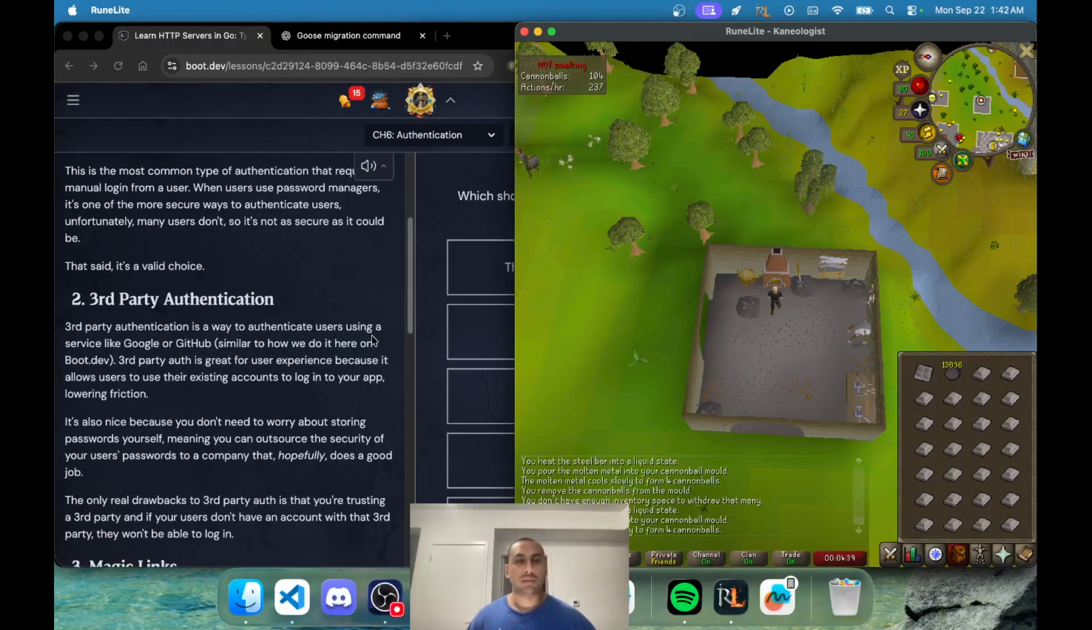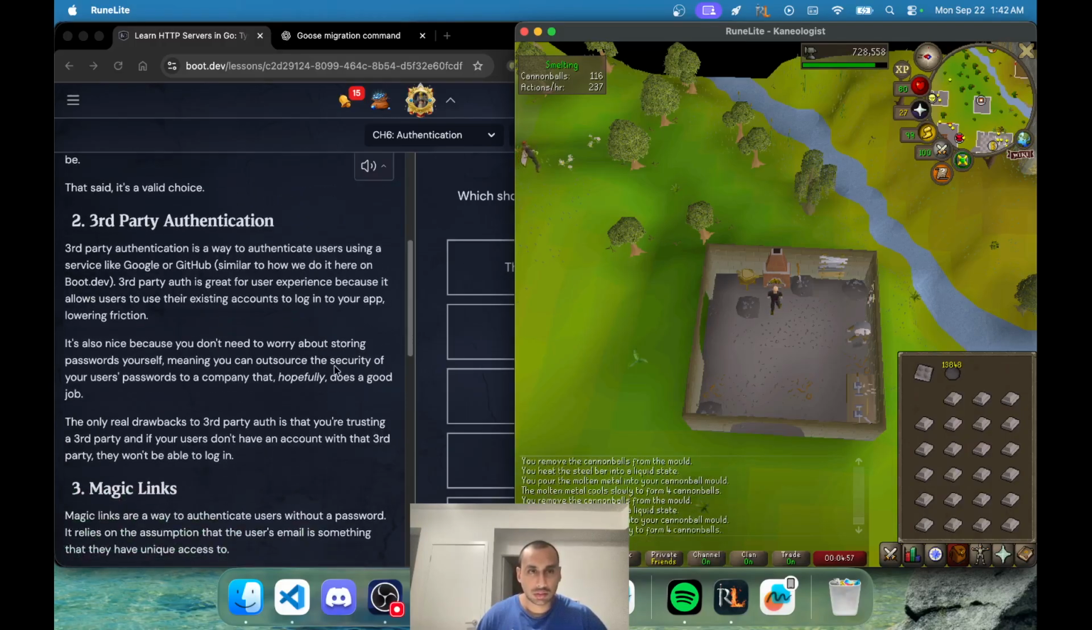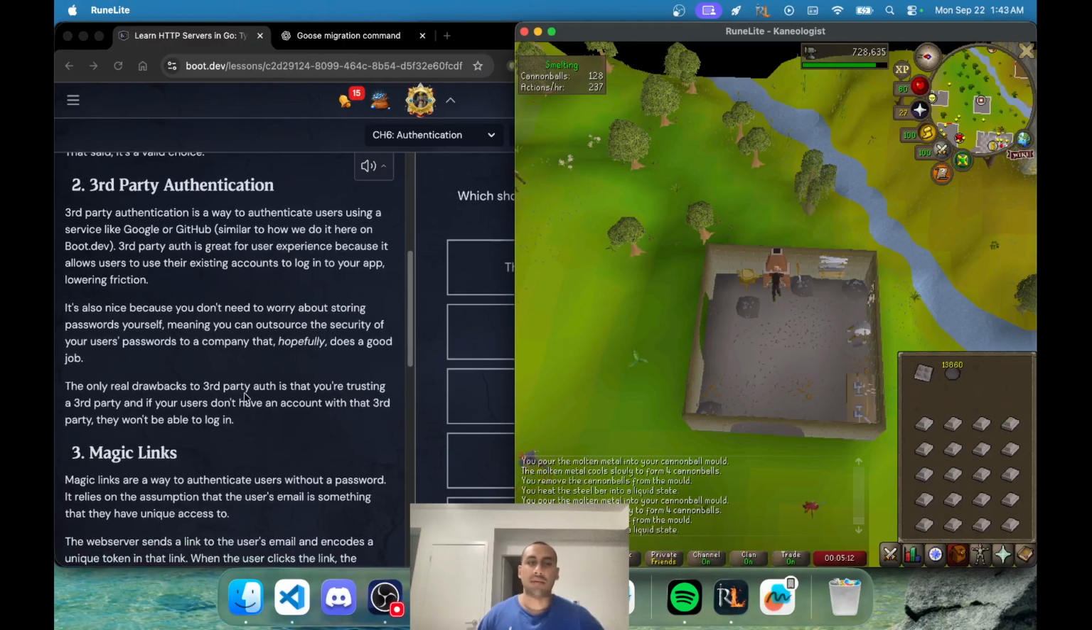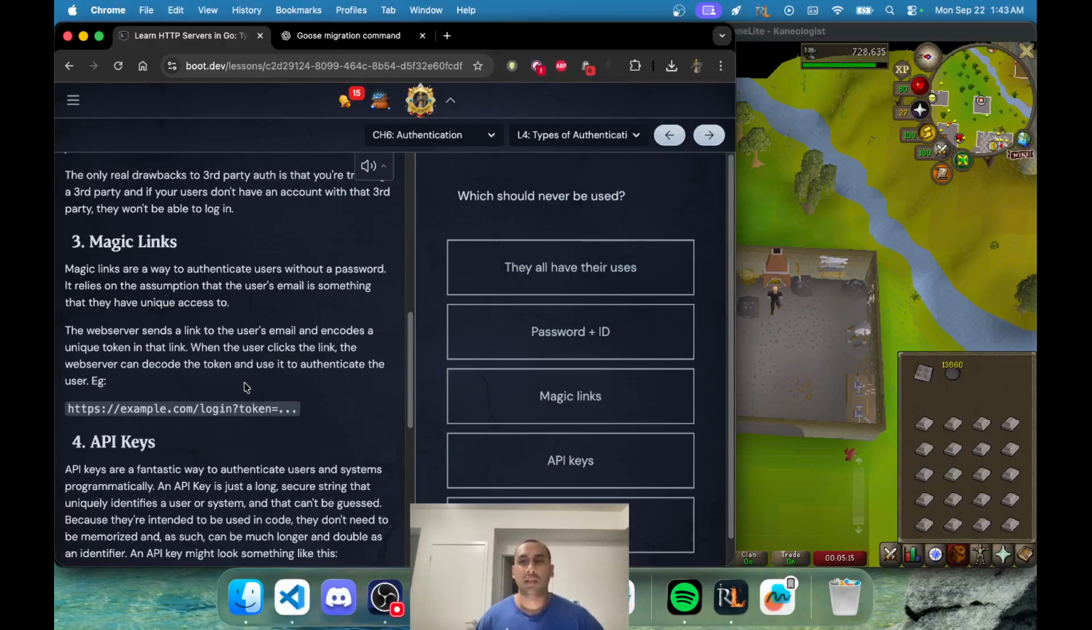Third-party authentication. Google, GitHub, similar to how we do it on Boot.dev. Third-party auth is great for user experience because it allows users to use their existing accounts to log into your app, lowering friction. Yeah, because you're pretty much offloading the password and ID to Google instead of the actual platform. In the case of Google, almost everyone's going to have an account, so it makes sense to have sign in